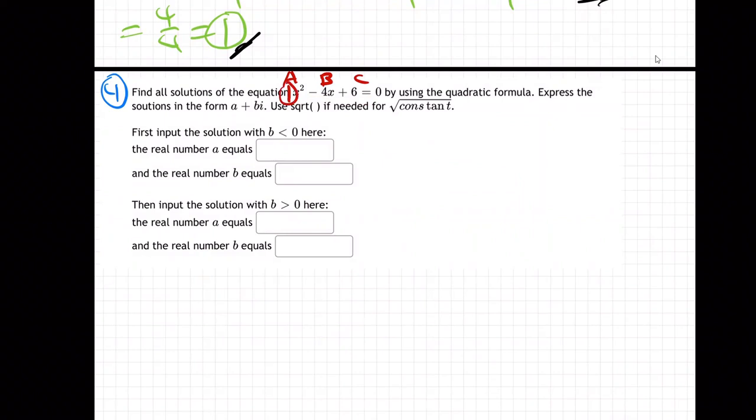So in this case, A is 1, B is -4. Don't forget to take that sign. Whatever sign's in front of a number, that's its sign. And the C is +6. Okay, plug into the quadratic formula. So the quadratic formula is,